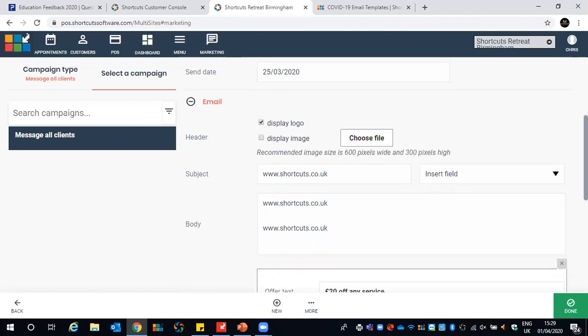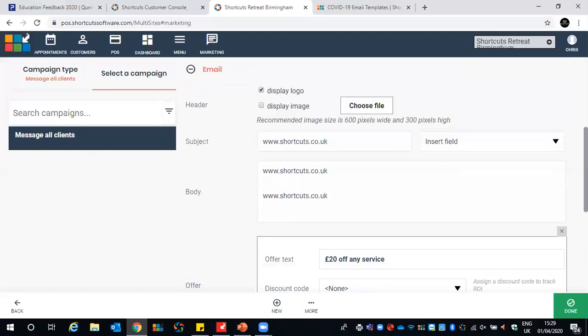Now, one thing you will notice when you come to do this yourself, ladies and gents, is your once-off campaigns will be totally blank, okay? So it'd be totally up to you to fill out all the email body, the subject, that kind of thing. The reason for that is, of course, we don't know what you want to say. So we're not able to preempt anything or do any drafts or anything like that for you, okay? So it'd be totally blank. But hopefully, if you're creating your own campaign, you should have a fairly good idea of what you want to send to your clients anyway.